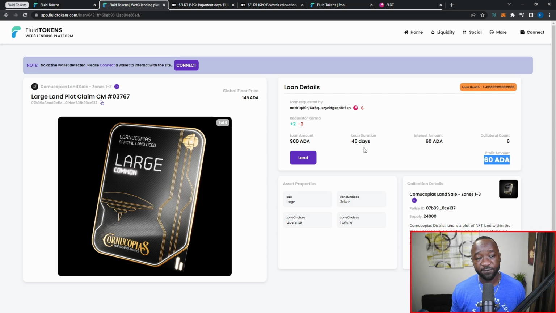Once the 45-day period has officially ended, if the original loan requester pays back their loan, the NFT that you hold as collateral will be returned to them. If they default on their loan, if they don't pay it back, you as the lender will actually be able to keep the NFT. So you always want to make sure here that the loan amount is going to be less than the NFT is valued.